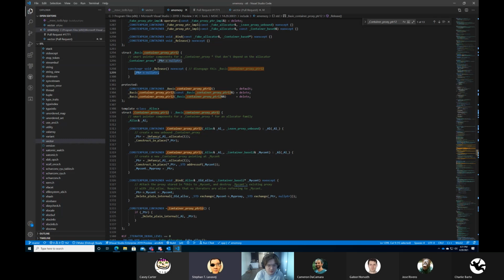Yep. The idea is that now that I've seen this class, the constructor of the container proxy putter 1.2 constructs the proxy object and allocates it from the allocator and then stores it in the container. That's the mycontainer.myproxy equals putter line on 1323. But the guard object, this container proxy putter 12, also stores a pointer to the allocated thing. And so if an exception is thrown, this guard will delete the proxy object because the container itself will not. So the container is borrowing the memory from the guard, and this container proxy putter 12 is actually managing the memory